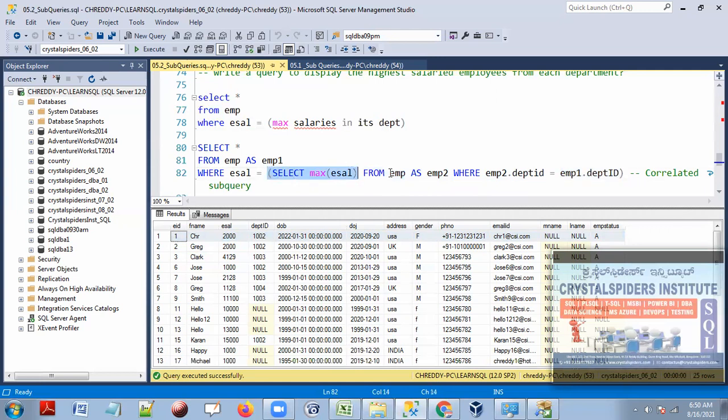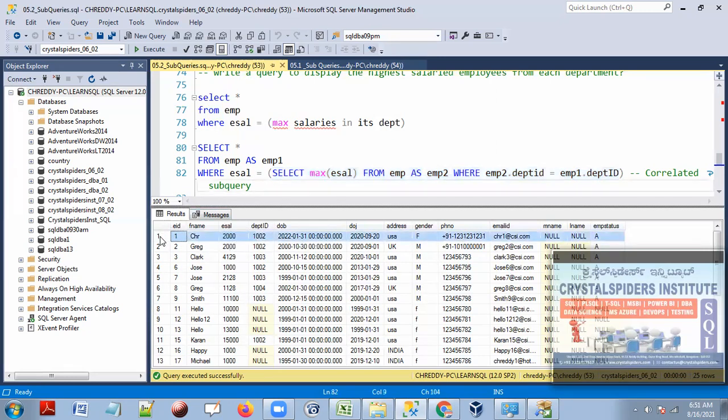See now, in this case, this subquery is taking the value, which value is it taking? The DEPTID value from the EMP1 table. EMP1 is the outer query, the outer table. So this subquery is reading department IDs from the outer query and calculating the max salary in that department. How is it calculating? For whichever employee in the employee table whose department ID is equal to that department ID, take the max salary for that department. And if the max salary in this department 1002 is something, and that is equal to this 2000, then take this record as passing the condition.